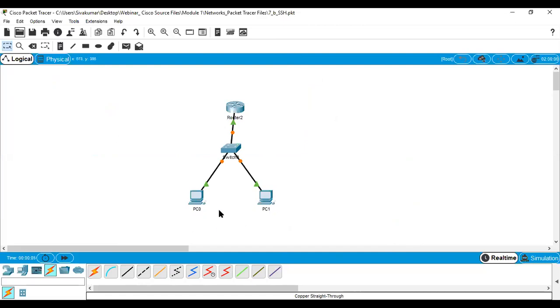If you want to send the data between PC0 and PC1, you have to check with the Telnet protocol, using the username and password. After getting the access, we can send the data from PC0 to PC1. In this manner. Now we move to IoT based.